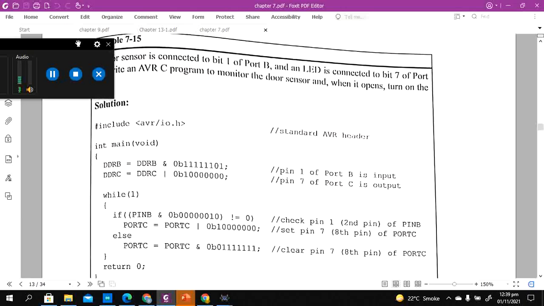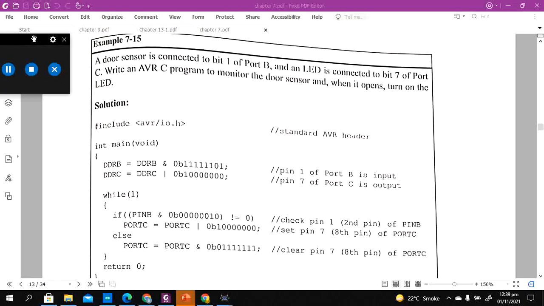So, bigger examples, more practical examples. Let's say a door sensor is connected to port bit 1 of port B, and an LED is connected to port bit 7, and then we are asked to make a smaller security system.